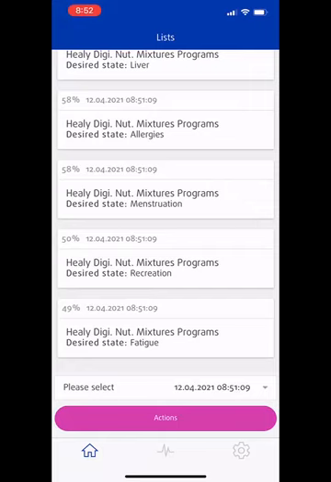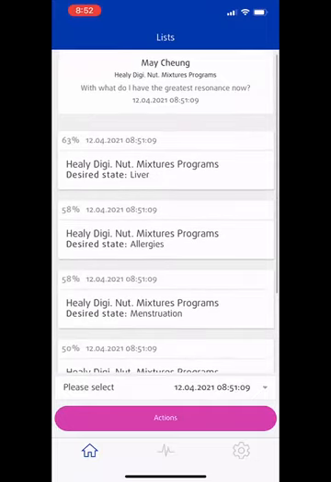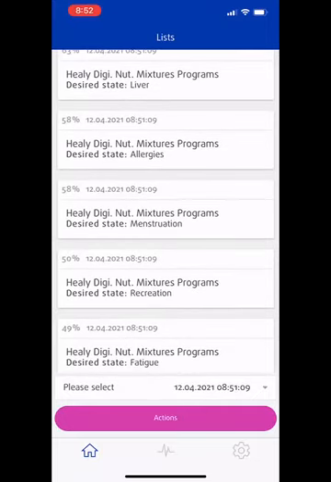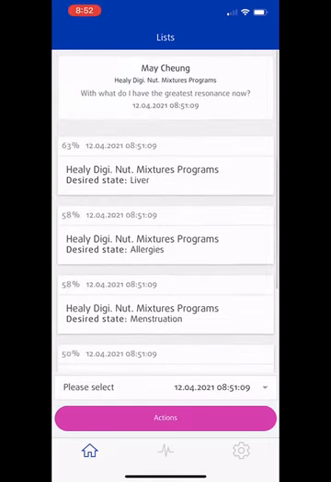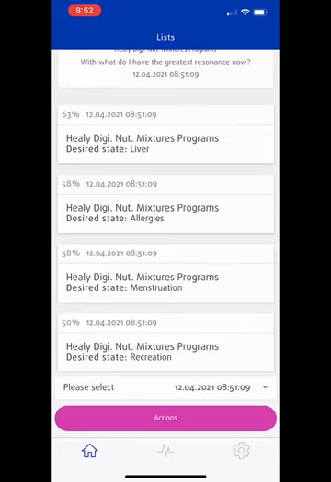Then you can take the action and vibrate the same thing, the frequencies, right? And with this app, you can actually vibrate the frequency for your friend. If I'm doing this scan for my friend, I actually vibrate it, and it goes to them, and they actually get the frequencies. If you have the subscription for this particular app called Digital Nutrition, and it comes with your professional included, you can actually select